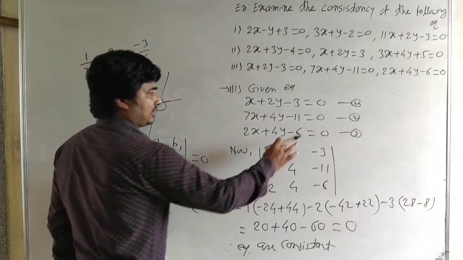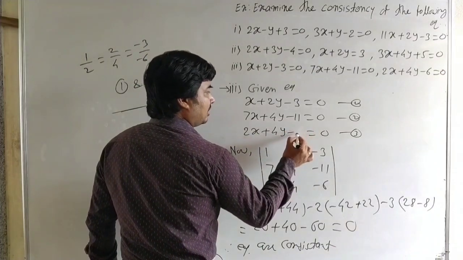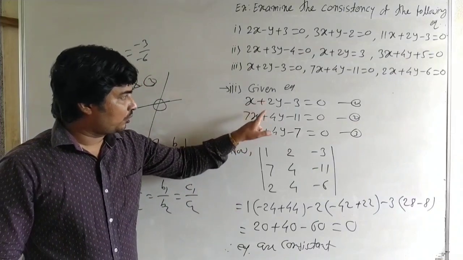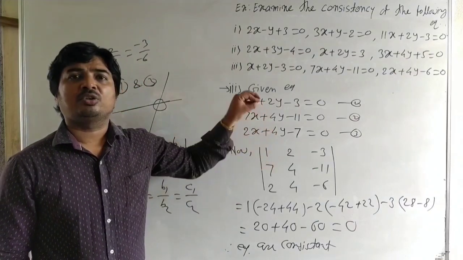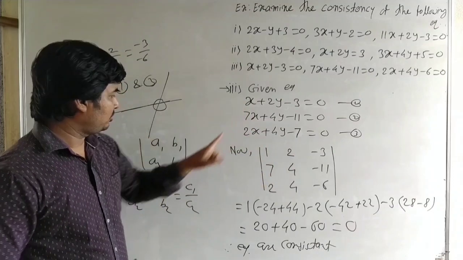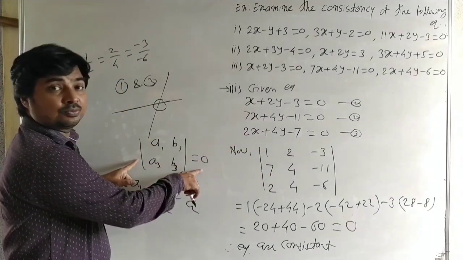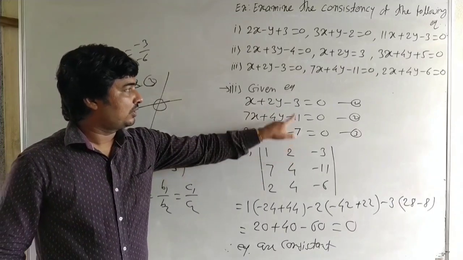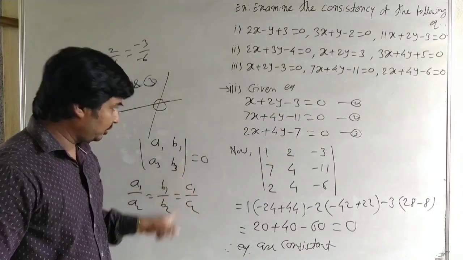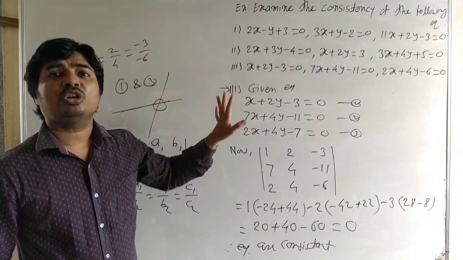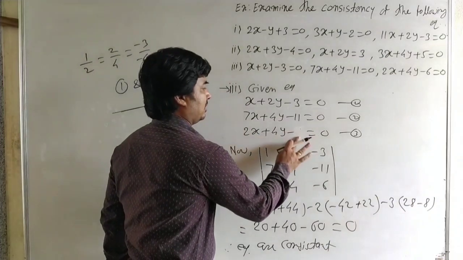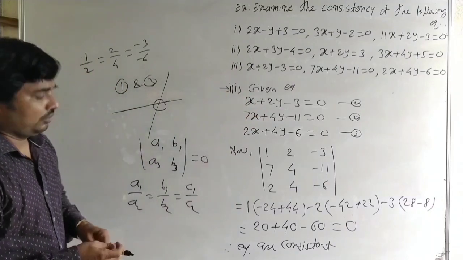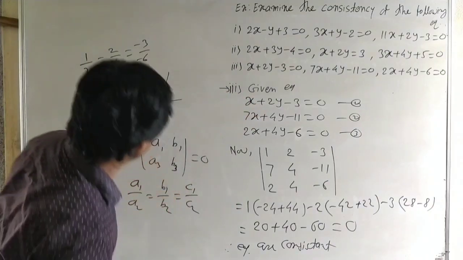If in case 6 is replaced by 7, that means these three equations are not consistent, because this is 0. Okay, 1 by 2 and it is 1 by 2, and here it is 7. It is not c1 upon c2, not equal. These three equations are not consistent, but the given example is in the form of, here it is 6. Okay, it is a given example. Now we see the next example in this exercise.